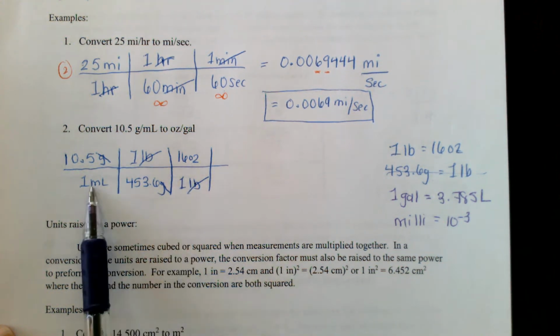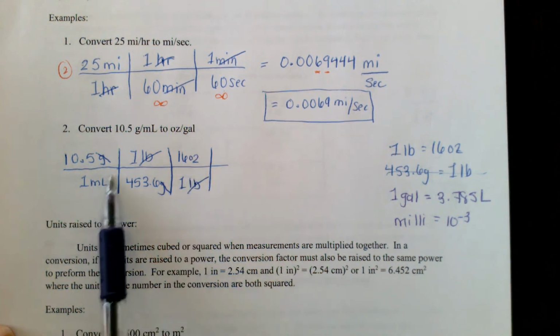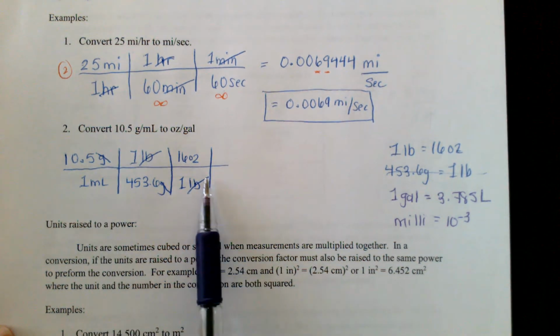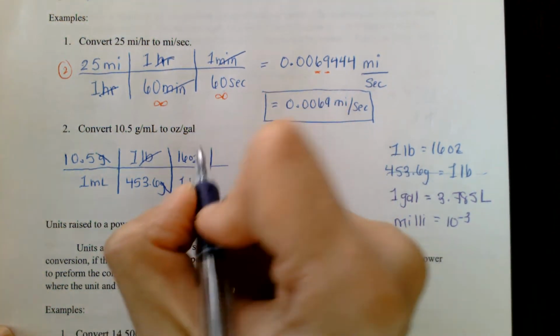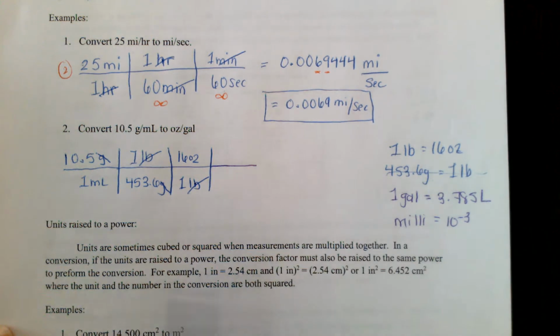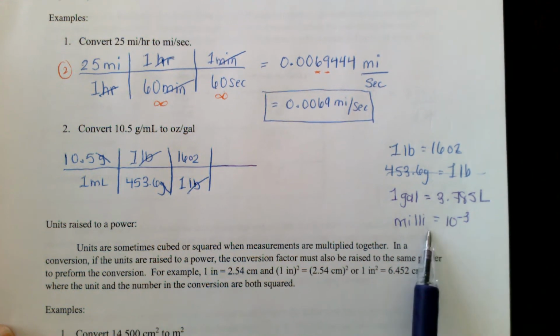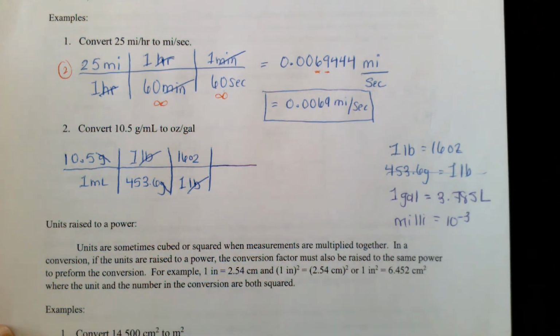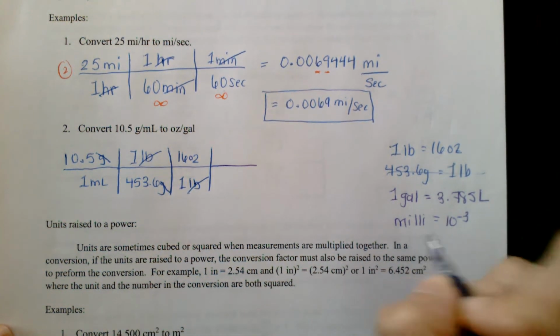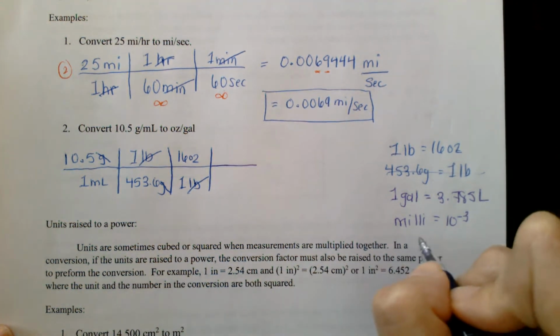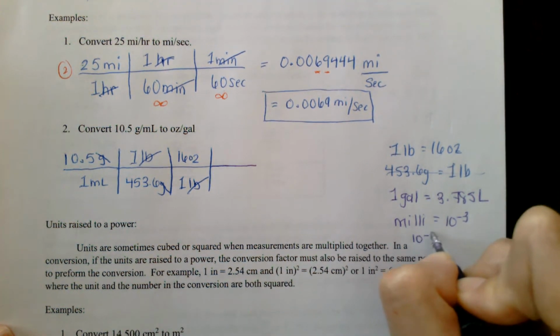So those are our 2 units that we still have. We have ounces, we have milliliters. Okay, let's keep going. So now we'll look at our volume ones. Okay, so I want milliliters. So I'm going to use this representation here, or this definition of milli. So milli equals 10 to the minus 3. This means that there are 10 to the minus 3